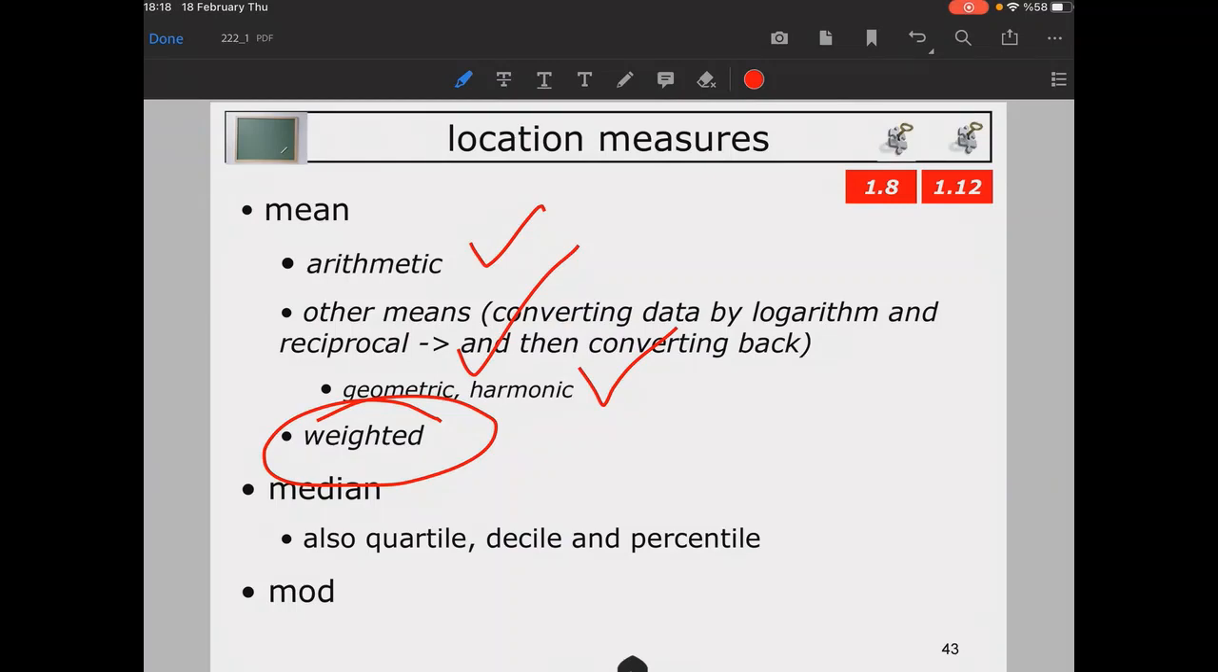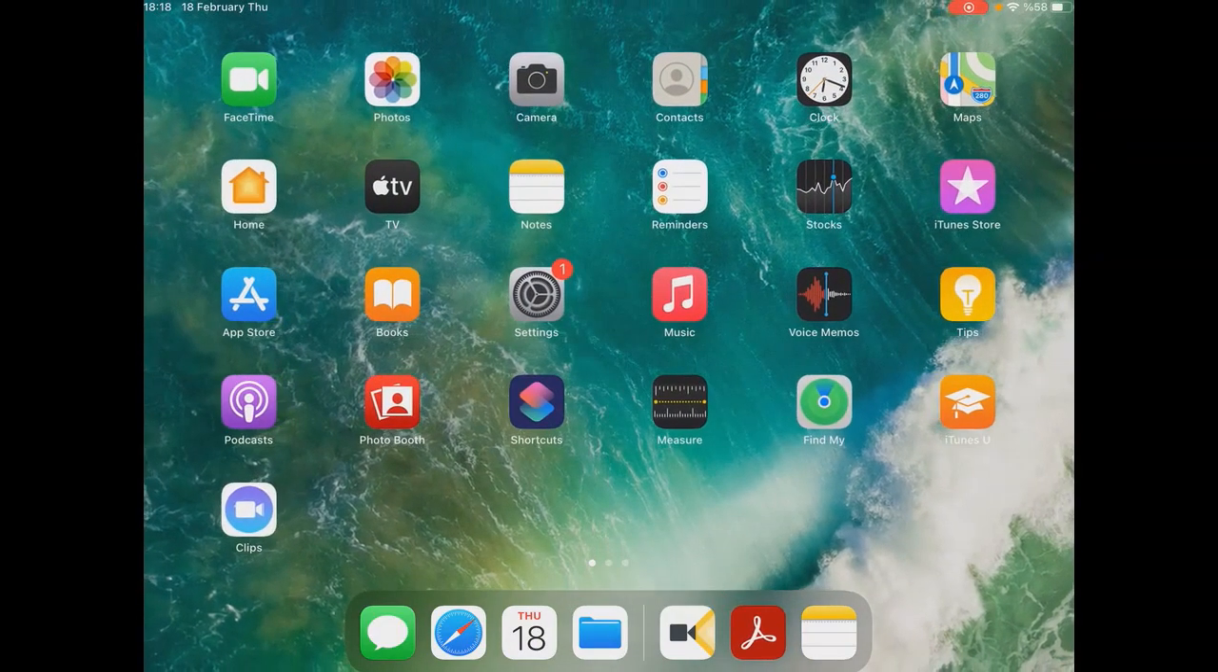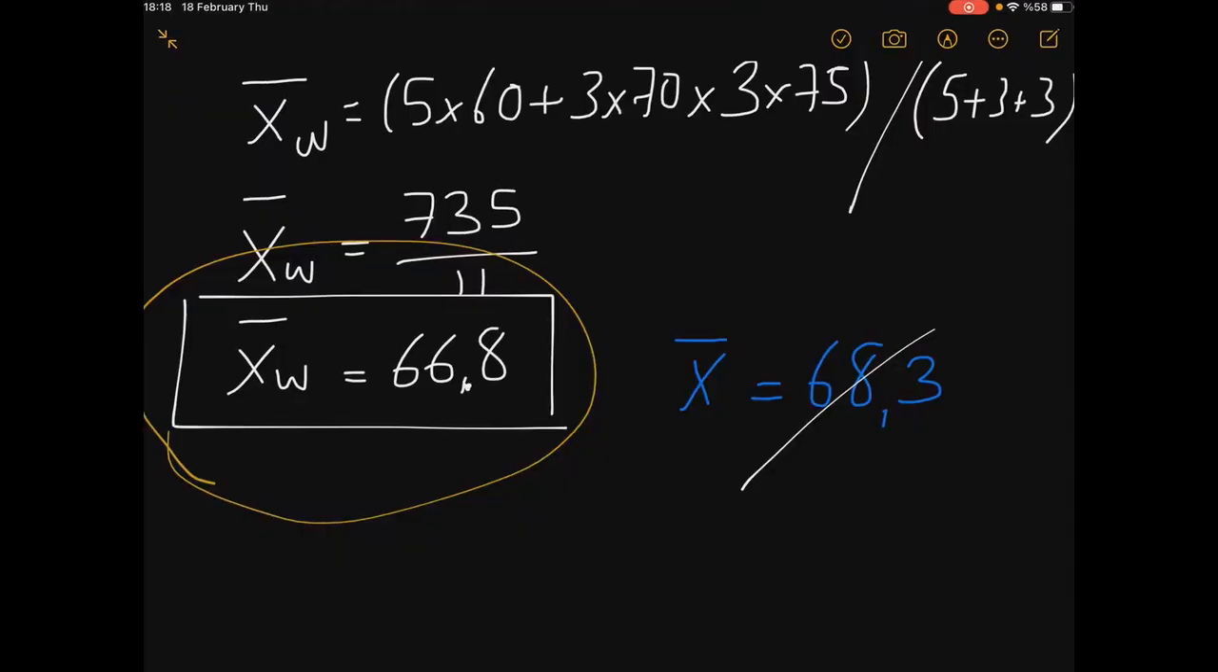Okay, now we also have other location measures, and median is next. Now let's take a look at what median is. I have a fresh board for this. The median is the middle value when you sort all of your data. Let me give you an example from the textbook, so it would be much easier